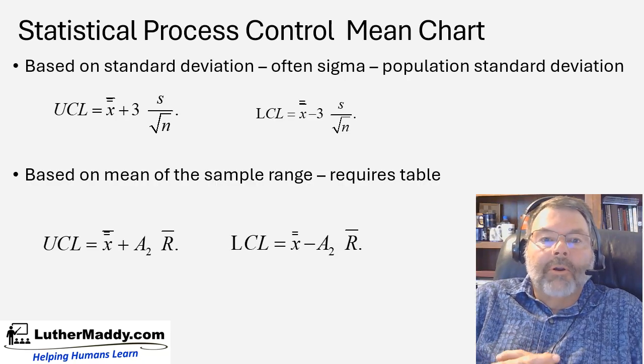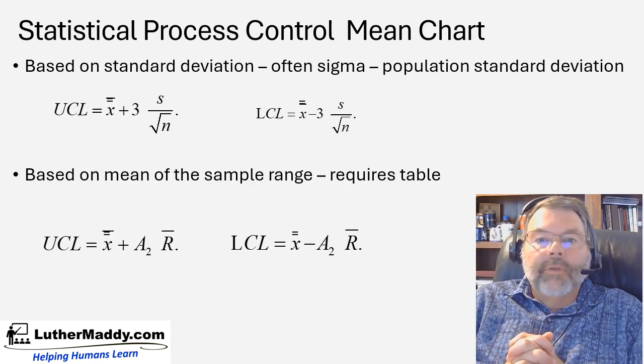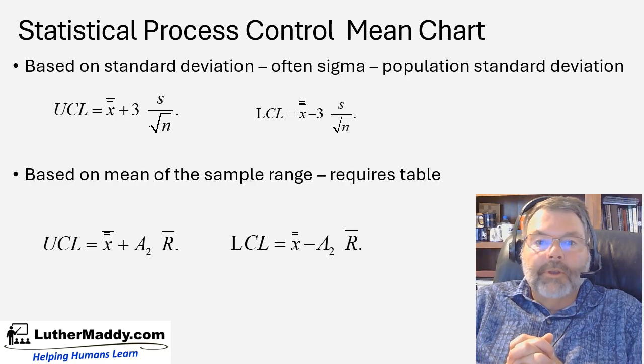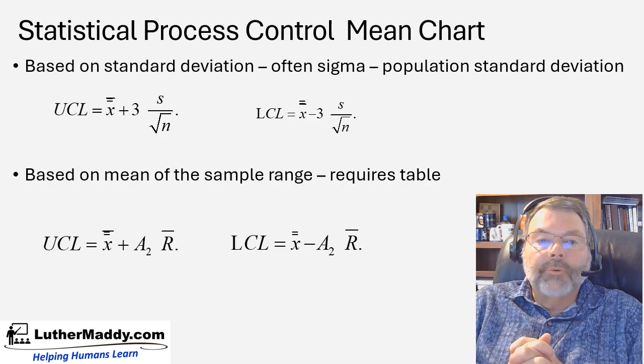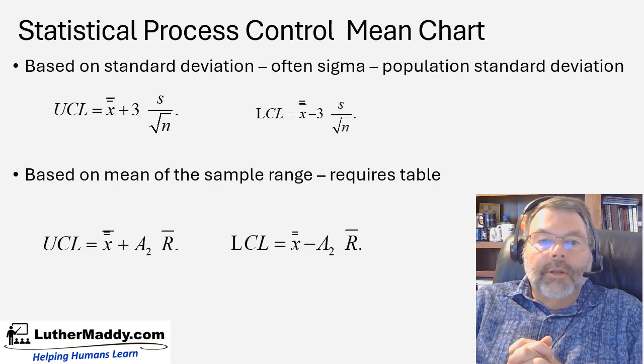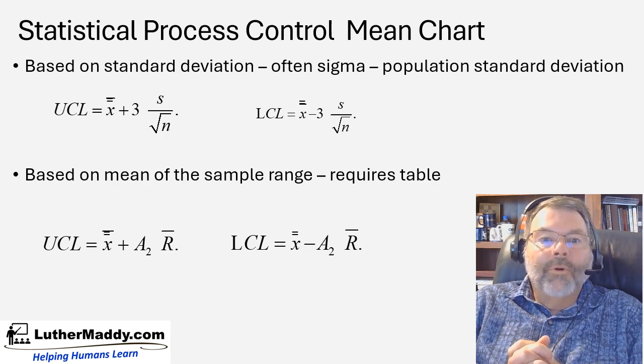Okay, a mean chart can be based on the standard deviation. If we know the population standard deviation, that makes it very easy, or we could compute the standard deviation of the sample if we have enough sample sizes. So we have two different methods. We could use the mean, or we could also use the mean of the ranges. Now let's go over the upper and lower control limits for working with standard deviation. So the upper control limit, UCL, is the grand mean, which we talked about in the previous slide, plus 3